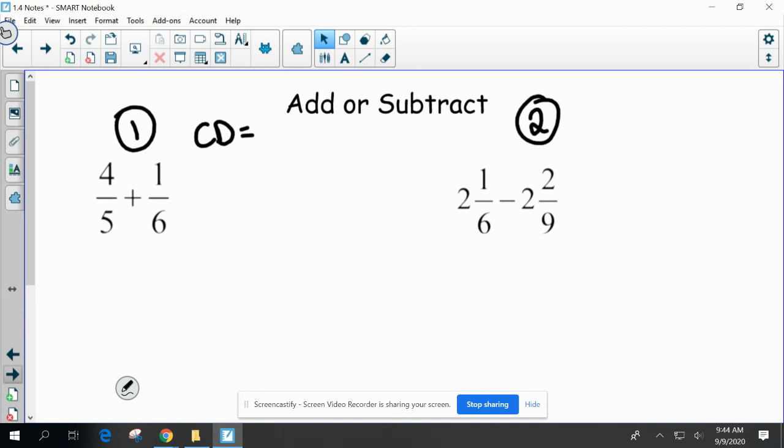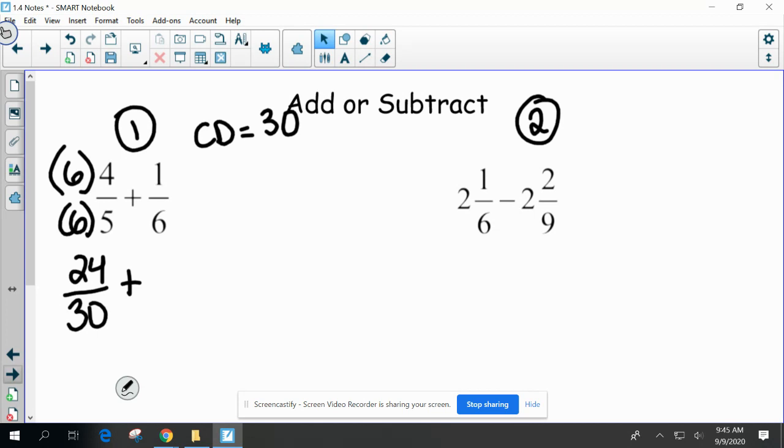30, yeah. So 30 would be the smallest number that would both have 5 or 6 as a multiple. So my common denominator would be 30. So in order to change 4/5 into 30ths, I need to multiply 5 by what? 6. So I'm going to take my numerator and denominator times 6. I have to multiply both of them to create an equivalent fraction. So that's going to give me 24 over 30